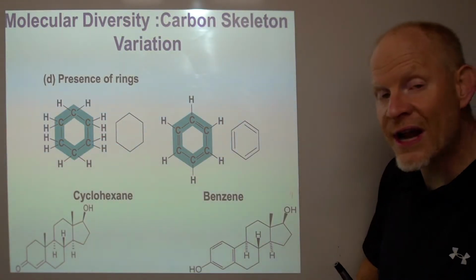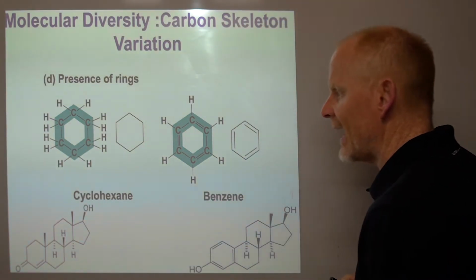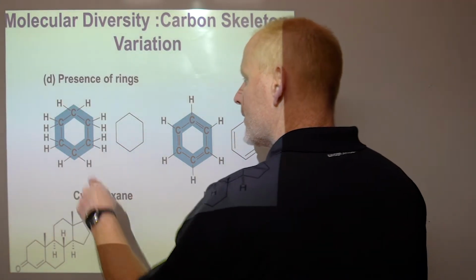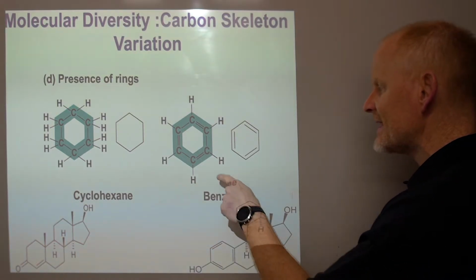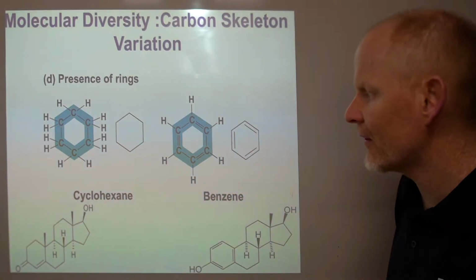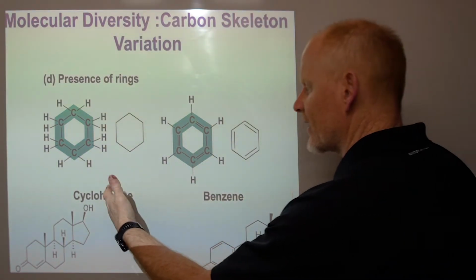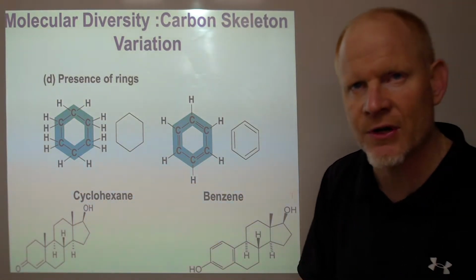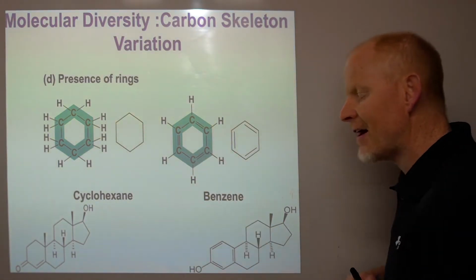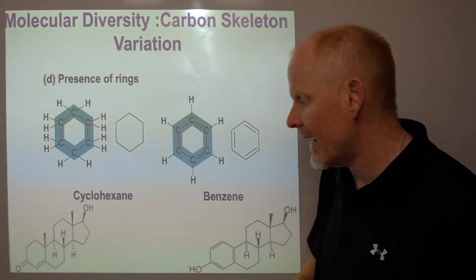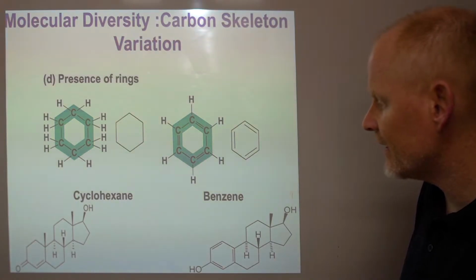You can also form rings with carbon. As you can see, you can form rings here. This is cyclohexane. Cyclo meaning it is a ring, right, of 6 carbons. And again, it's just simply a hydrocarbon. Over here, we got benzene, where we have double bonds every other carbon. And these are solvents, right? Benzene's a solvent. Cyclohexane is a solvent often used when you're trying to dissolve hydrocarbons because they're hydrophobic, right? These ring structures are very stable and strong. And ring structures can become a major part of